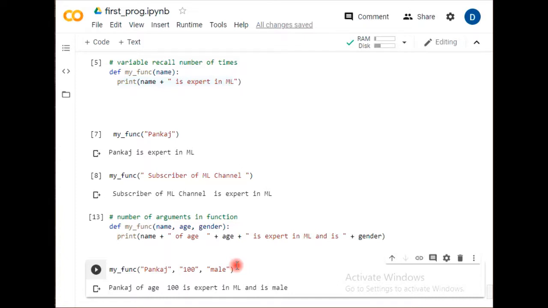Suppose you are creating a machine in an industry somewhere, where it depends on only one factor, whether it is a male or a female. Just taking an example of room segregation: if a male enters, he should go to the left to get the room, and if a female enters, she should go to the right. If only this variable is changed, the rest of the conditions are the same. So this can be an argument of any function, and on the basis of that, the whole function will be recalled.